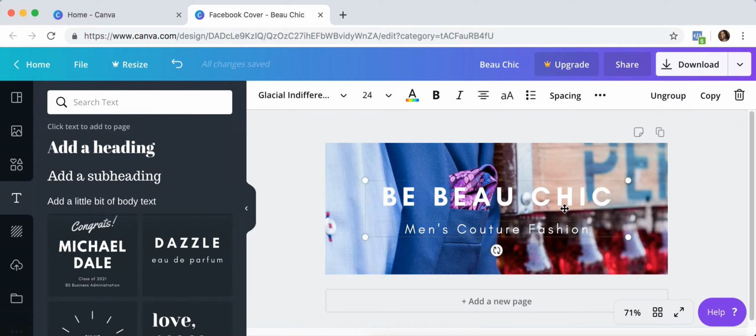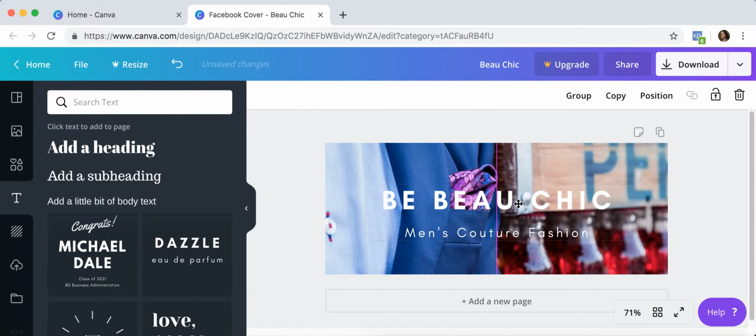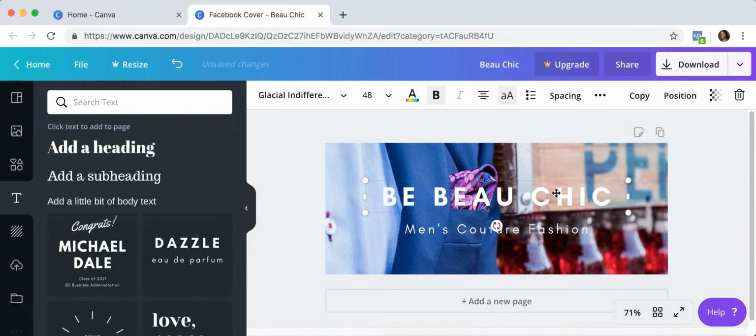So these right here, if you see, I can't move either one without the other. If you look up here, it says ungroup. That means that they are grouped together, so they move together. I'm going to click ungroup, and I'm going to just bring, have to deselect. Now when I click back, I just have the top box. I'm going to bring that down some